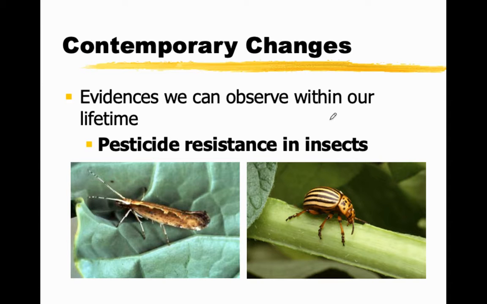Next, we're going to talk about some actual evidence that we see with living organisms. So contemporary changes, these are ones that we can see within our lifetime. For example, pesticide resistance in insects. As farmers are able to use pesticides to try and keep their crops cleaner and keep pests from going through